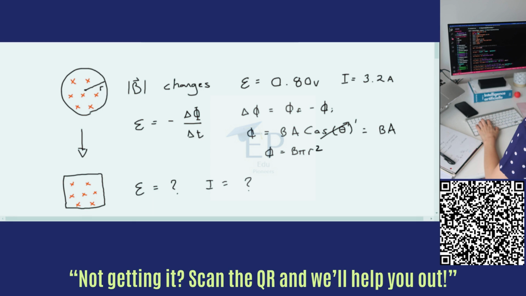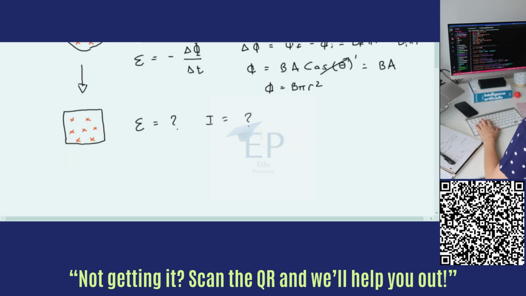And consequently, our change in flux is going to be B final times pi r squared minus B initial times pi r squared, since our area doesn't change at all, right? Just the magnetic field does. Okay, so let's go down here so we have a little more room. So the change in flux for the circular loop,